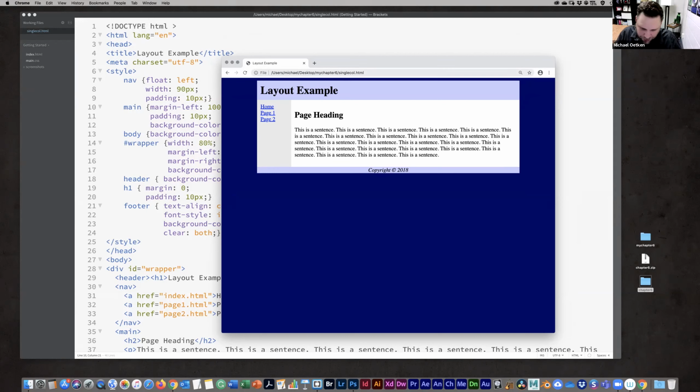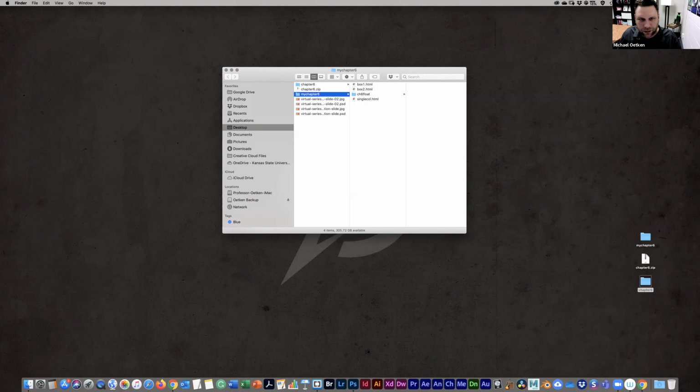All right, let's jump to our next one. 6.4 on page 264. All right. Again, we're going to need to copy some files. Okay, so now we're going to work with some pseudo classes. All right, so we'll do some work on those. Let's create a new folder here in my chapter 6. And we'll call that one CH6 hover.